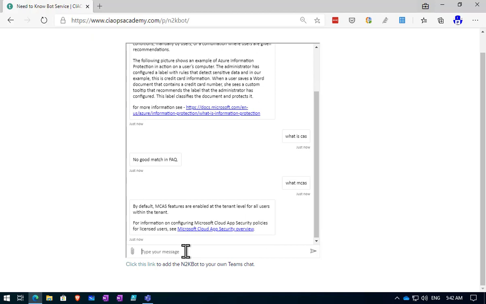So the idea here is that you can interact with the bot. It's not necessarily going to have the answer to every question. It's not like a search engine. It's really a question and answer pair. So have a look at it and see what works, what doesn't work, and if you've got any suggestions,